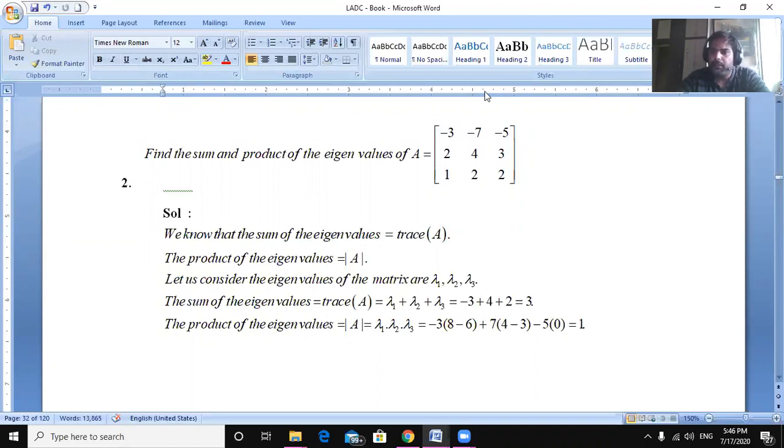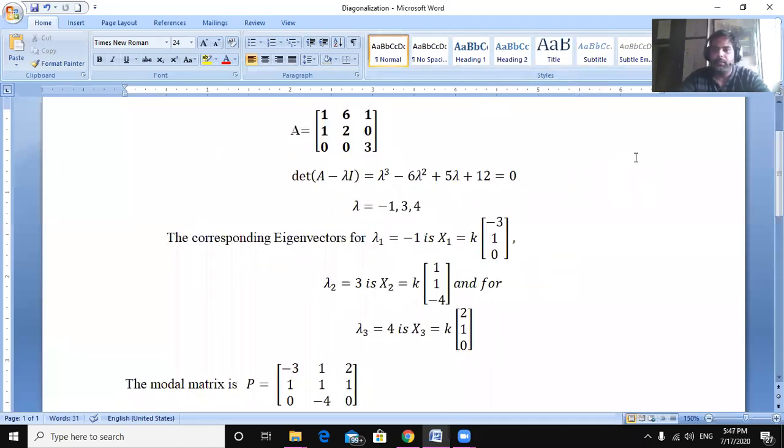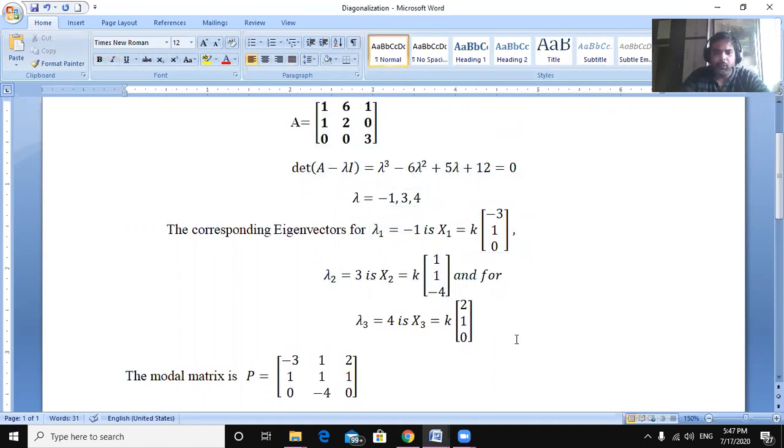But now we are going to look at the applications of these eigenvalues and eigenvectors. This is some matrix here. I am going to find the eigenvalues and eigenvectors of this matrix. How to find them, we have seen in last classes. Now the characteristic equation equated to 0, these are the eigenvalues. These are the corresponding eigenvectors.